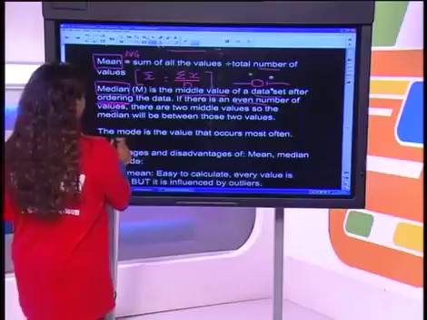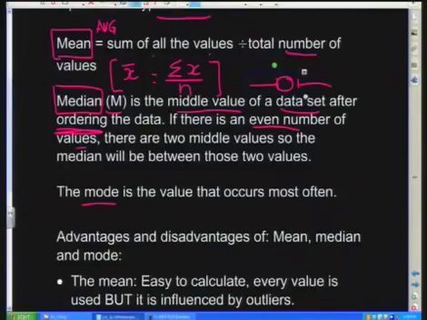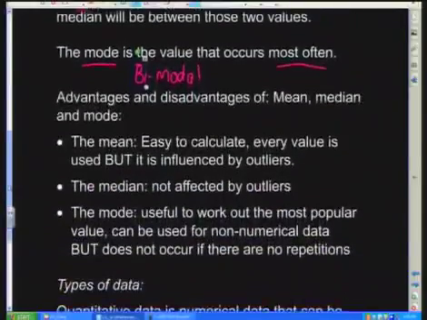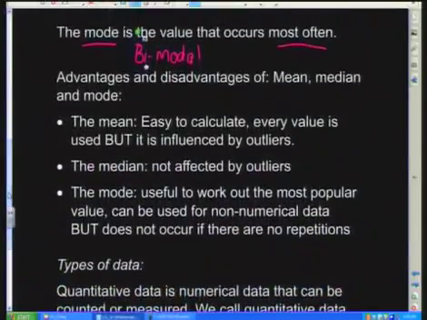The mode is the value that occurs most often. If you have 2 modes, then your data is said to be bimodal. All right. Let's quickly look at some of the advantages and disadvantages of the mean, median, and mode. The good thing about the mean is that it is very easy to calculate, and we use